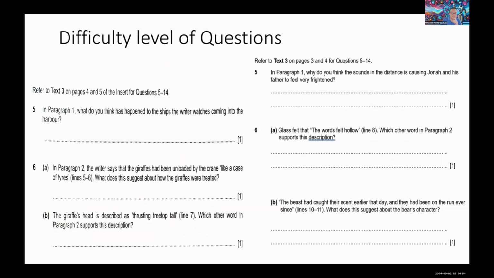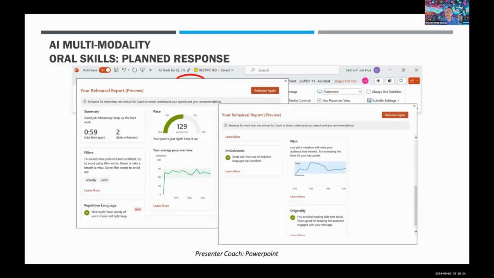So if you look at question 6A and look at question 6B on the right-hand side, and then question 6B and 6A on the other side, you just notice that they swapped it, but it is very, very similar. These are the questions generated from those texts you saw just now. Okay, the one which is the O-level actual one and the one that is ChatGPT generated, it is very closely mirroring the standards of the O-level. So my students can actually take the 2016 paper as if they had sat for it that year. So let's move on. AI has now entered the realm of multimodality, right?